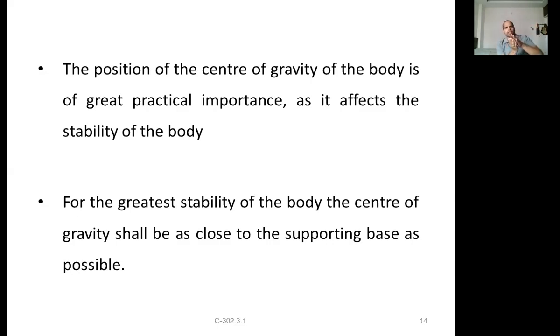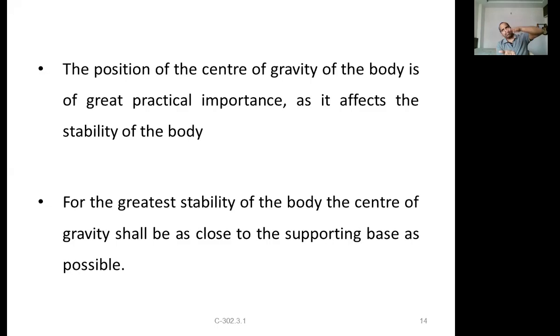For example, a simple example: you are riding a two-wheeler or a car. Let us say a car. If the height of the car increases, what happens? Obviously there is a possibility that the wind may tilt it. If the height is lesser, the body size is decreasing, and when the size is decreasing, the center of gravity will obviously be as close to the ground as possible.